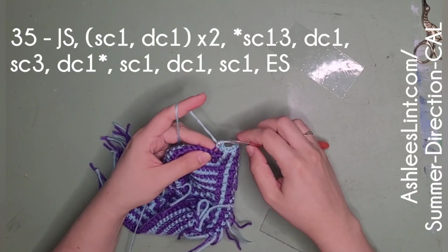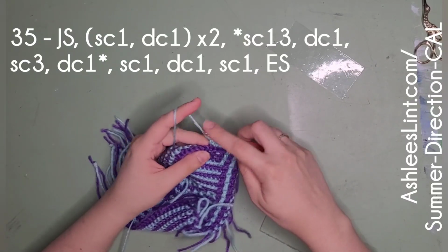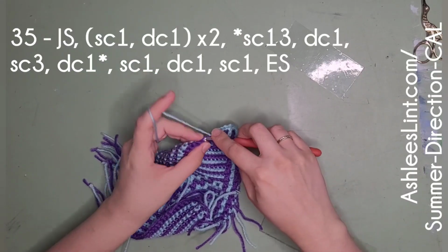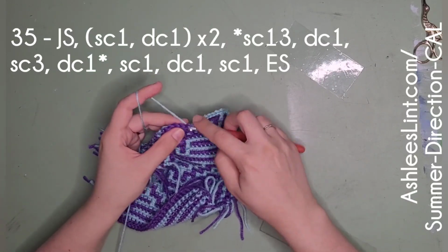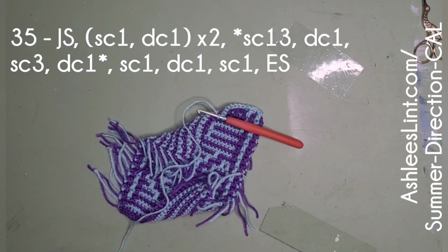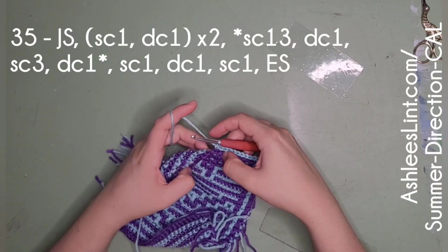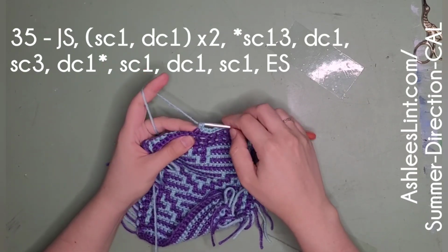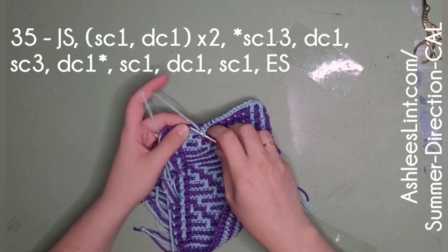1, 2, 3, 4, 5, 6, 7, 8, 9, 10. Oh, my yarn's a bit tight. I don't like it when it pulls on my finger. 11, 12, and 13. Then we'll have 1 double crochet,